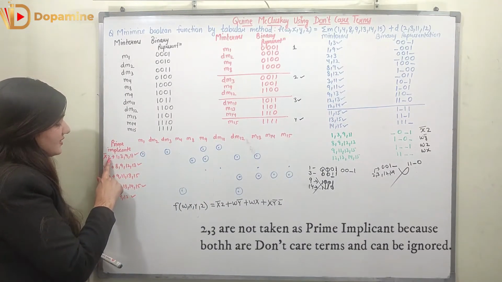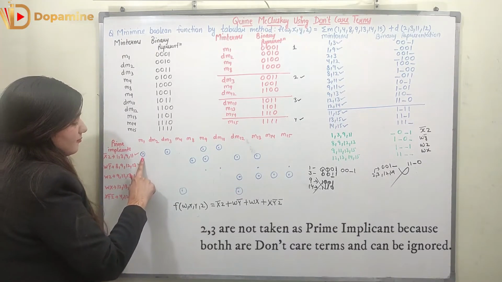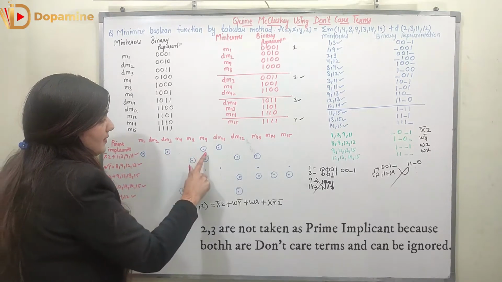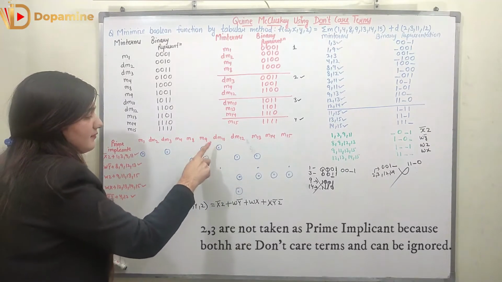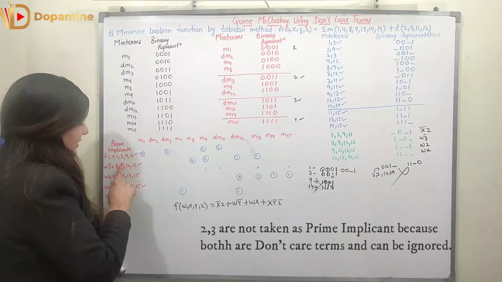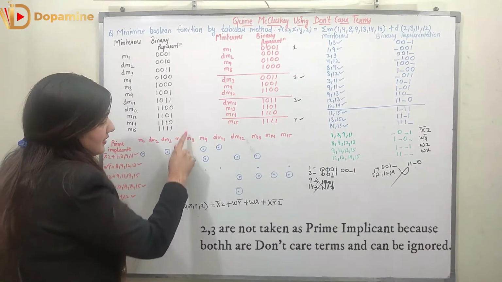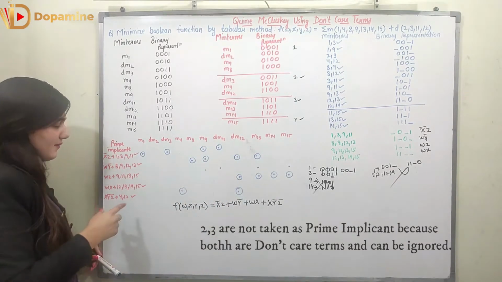So here x dash z is composed of 1, 3, 9 and 11. It is having the dot in first column, third column, ninth column and 11th. Right? So 9th minterm, 11th minterm will be having dot, 3rd minterm and the 1st minterm will be having dot. Similarly 8, 9, 12 and 13. In the 8th minterm column, 9th minterm column, 12 and 13th minterm column, I will be having dot.